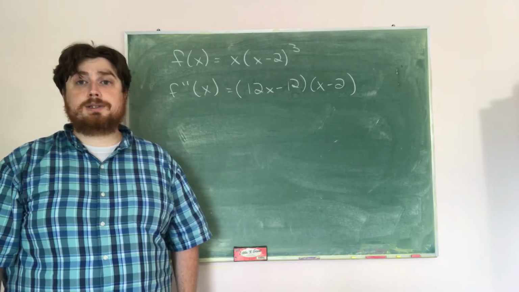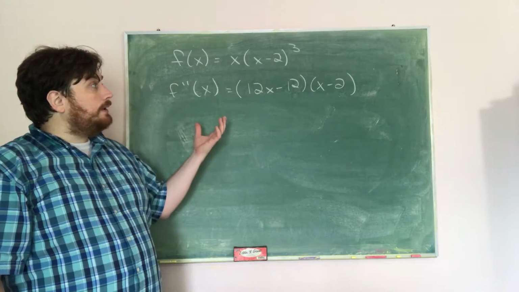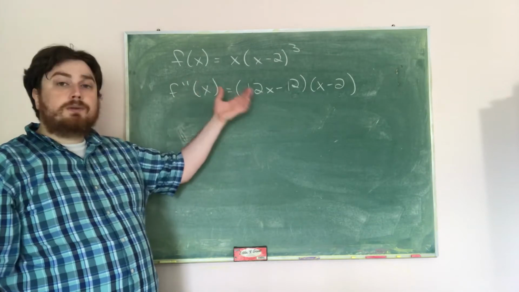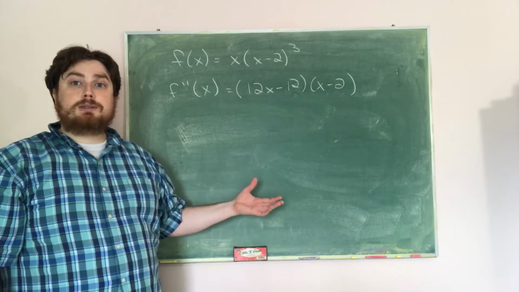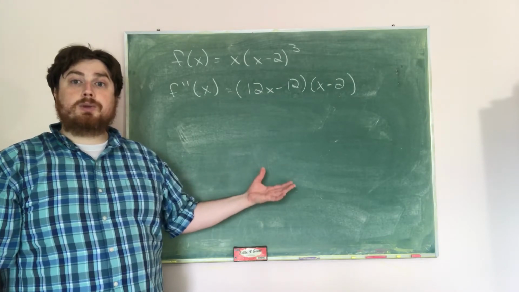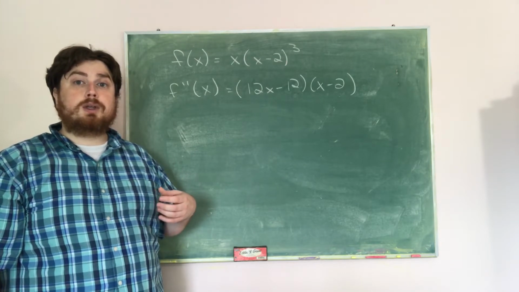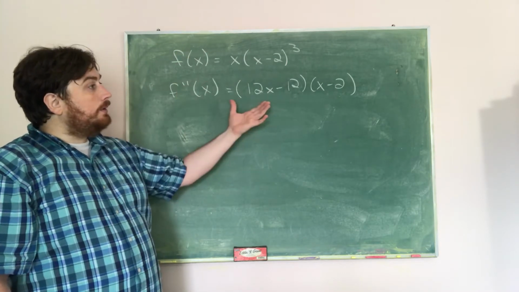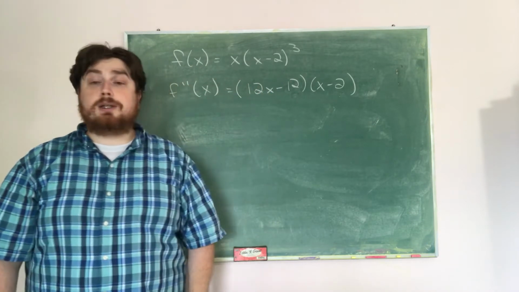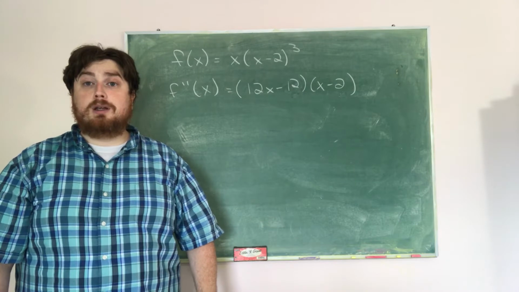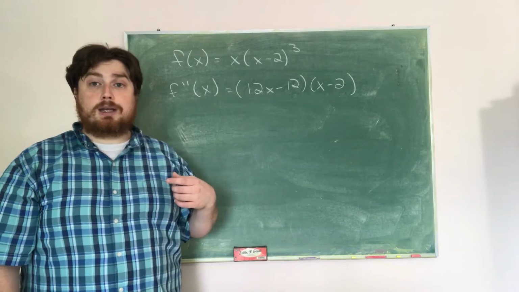Since we're going to need to look at the second derivative, what I've done is I've found it. In order to find this, remember that we'll have to take the derivative, and then we'll have to take the derivative again. If you'd like to go through that process, I'd refer you back to our previous videos where we went through examples of derivatives, or look at the written version. I do walk through this. But eventually, if we take a derivative, we simplify, we get the second derivative is 12(x minus 1) times (x minus 2). Therefore, if we want to find where this is positive or negative,